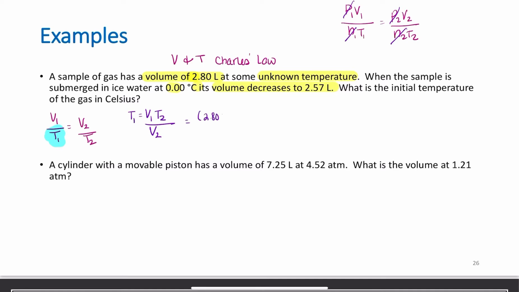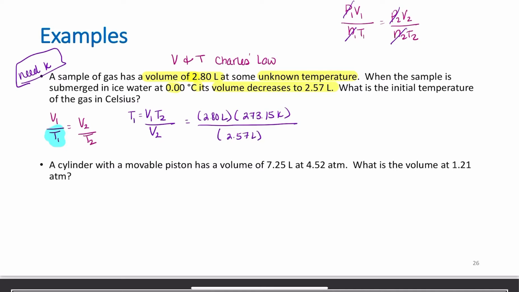V1 is 2.80 liters. T2 is 0 degrees C, but I need this in Kelvin. For Charles's law, we have to be under absolute temperature. So 273.15 K divided by V2,